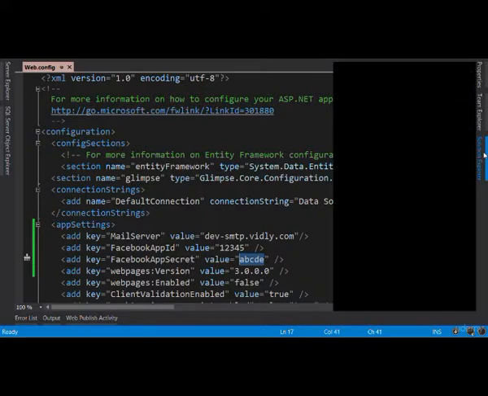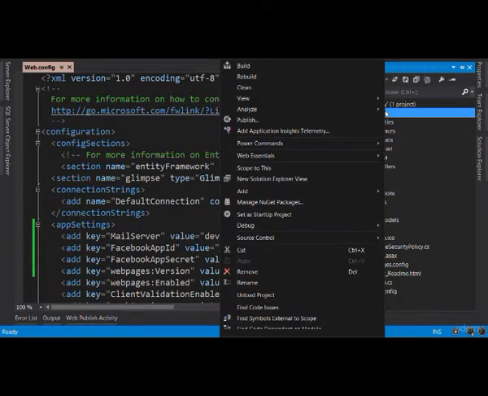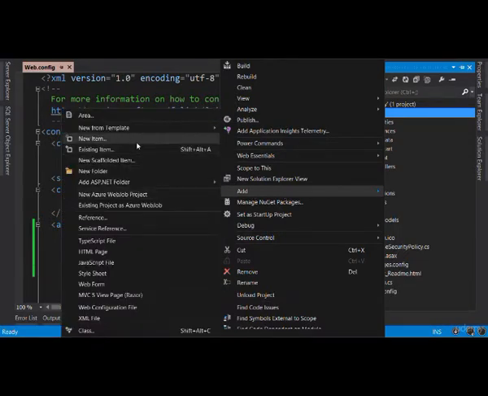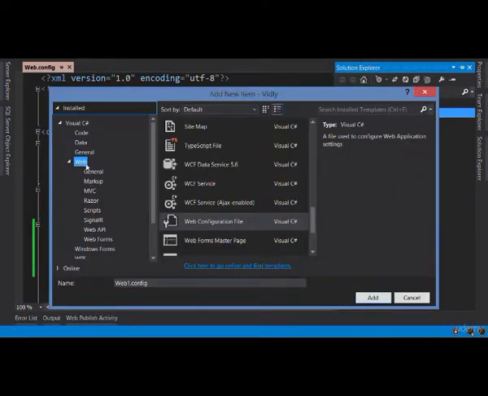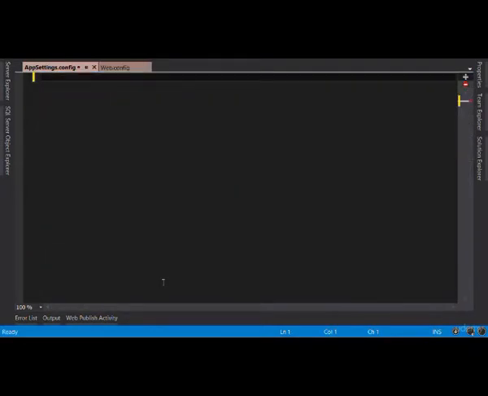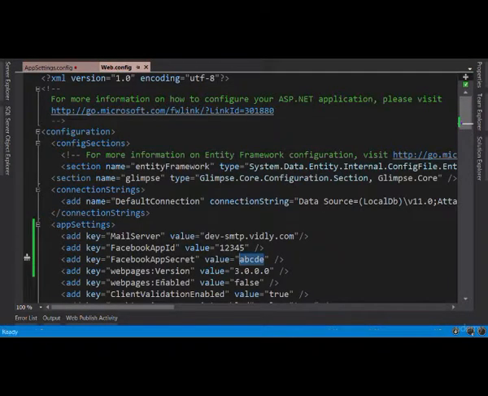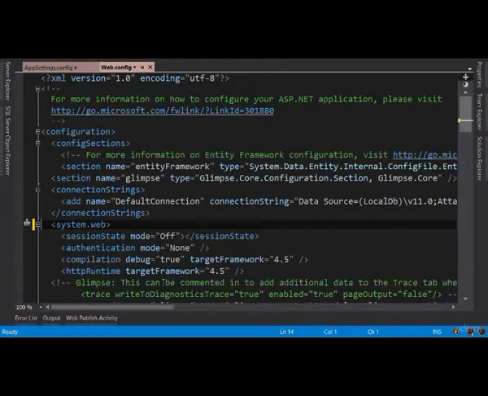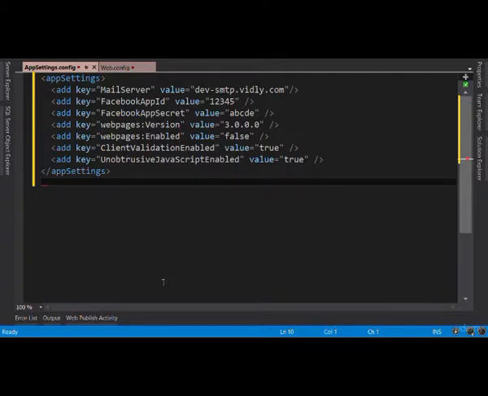In Solution Explorer, we right-click the project and add a new item. In the templates under Web, we select Web Configuration File, give it a name, app-settings.config, and make sure to select config here. Don't use XML, because by default, IIS does not serve configuration files. Now we delete everything here, go back to web.config, select app settings, cut, and then paste it here. Save. Now back in web.config,